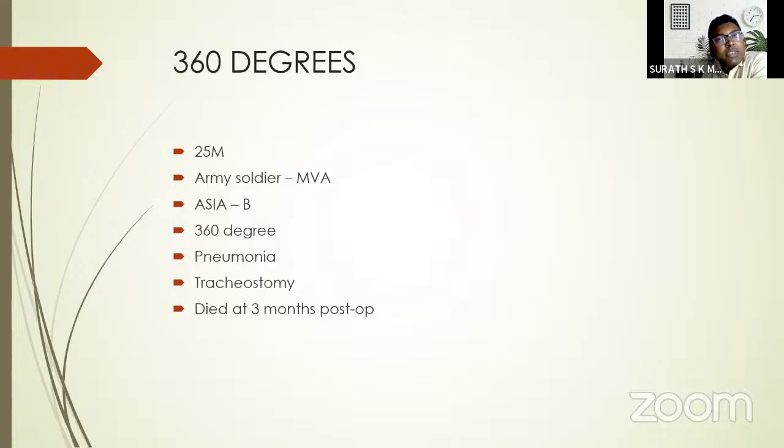So I have selected a few cases, and we can discuss them. So this is the first case. I'm going to show you the first few cases where I have done both anterior and posterior at the same time,